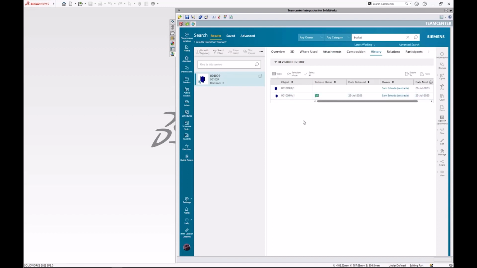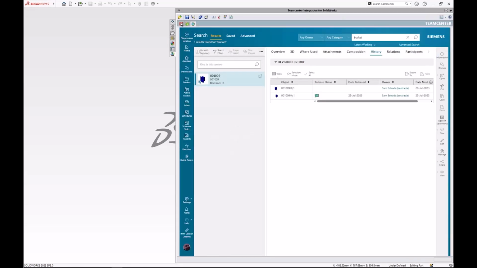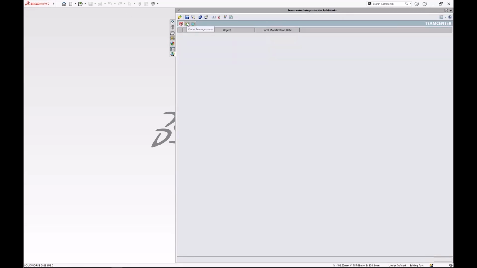If I look back, there's my Rev A. Okay, so it's intact and it still has its own data sets. And then later on, when we make a change, you'll see the data sets change for this one. And we did that all through opening the part from Active Workspace into SolidWorks. Now let's take a look at,